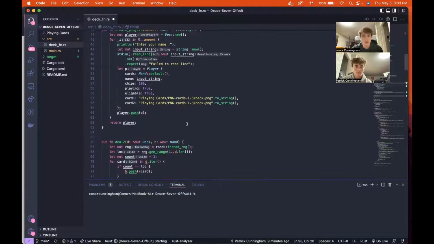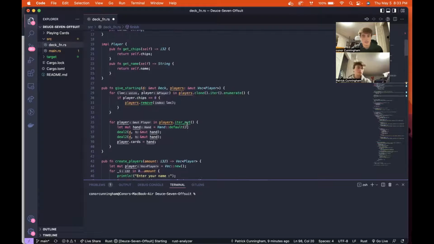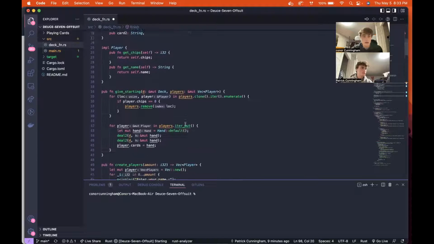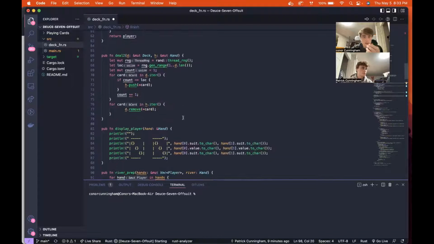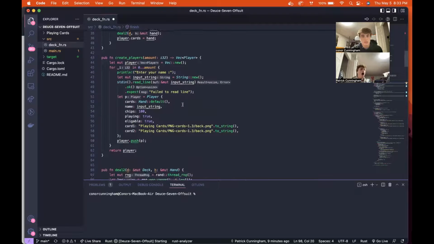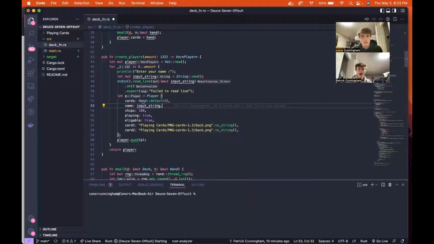What's also nice about the crate is that it allows us to give the starting hands for many people. It comes with a deal function, which is actually very helpful. Here in deal two, we can randomly generate a number through the deck of 52. So it'll pick a random card and deal it, and then we'll remove the card. So that is helpful. And the deck is also helpful because it's able to maintain certain state for a